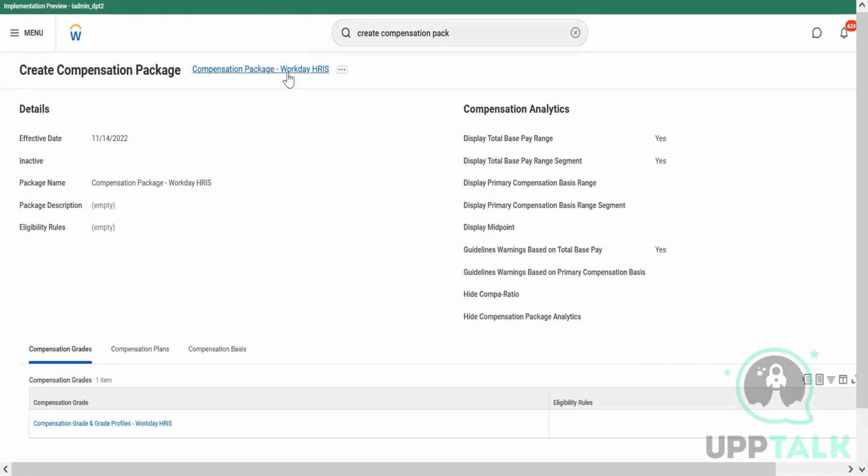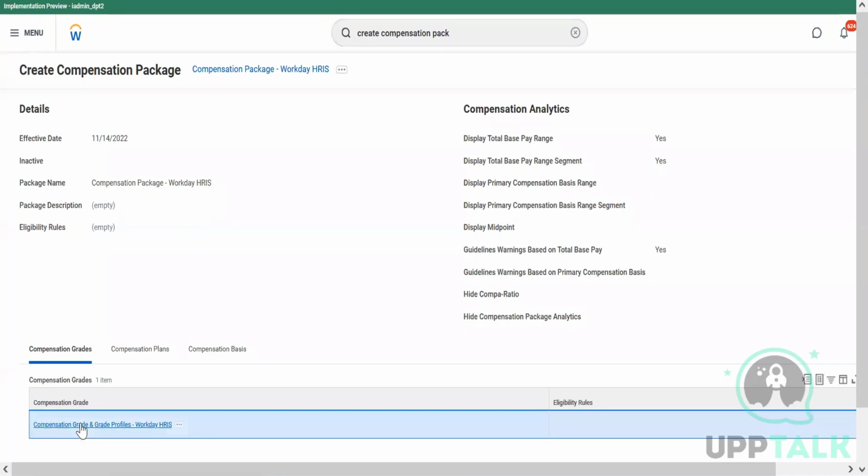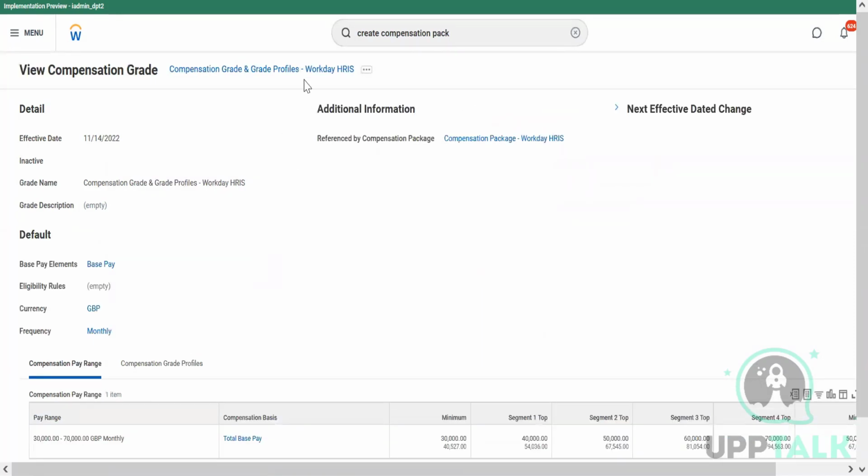Okay. So what will the compensation team be doing? They'll be assigning this package to employees when they are hiring. If Workday team members are hiring, we have added some eligibility rules, right? So when they're adding, they can add this compensation package to an employee during the hiring stage. Okay. And also, whatever grades that we have created, right? These grades, whatever we have created,